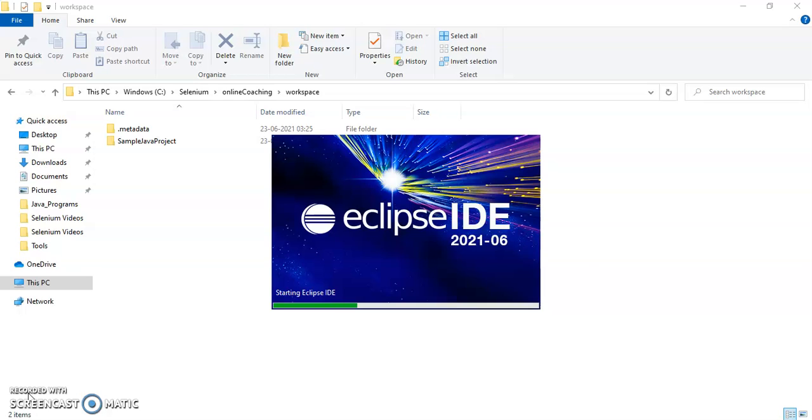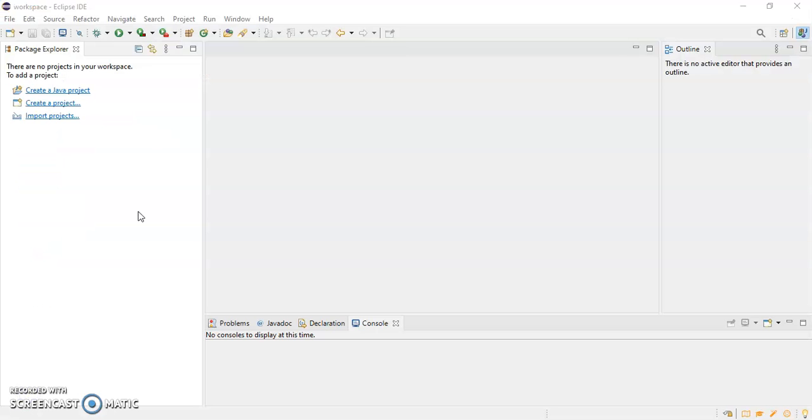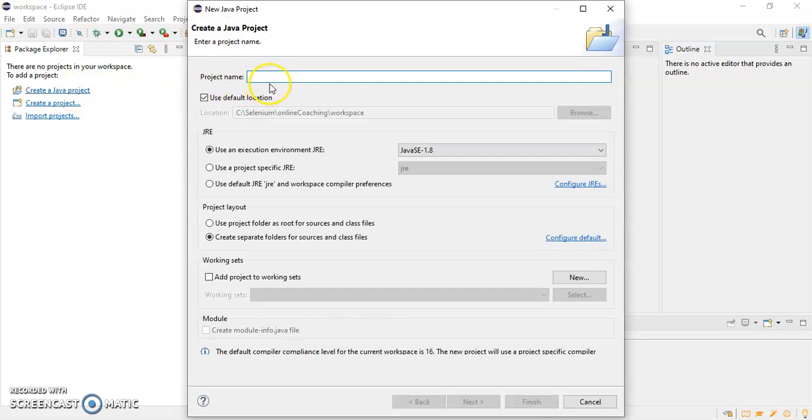So it is starting your Eclipse IDE. So here we can start a new Java project. So if you see, we have one link called create a Java project. Click here and you have to give the project name. So I'll give it as say sample Java project, or so I'll give online Java project.